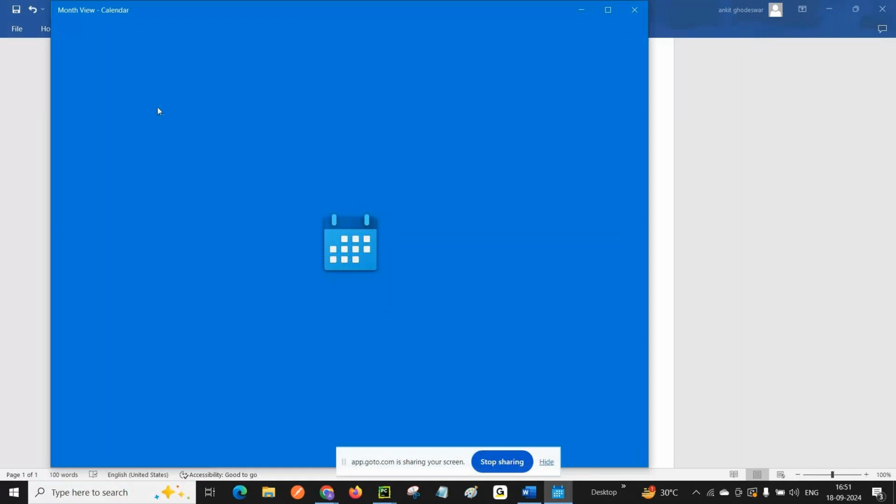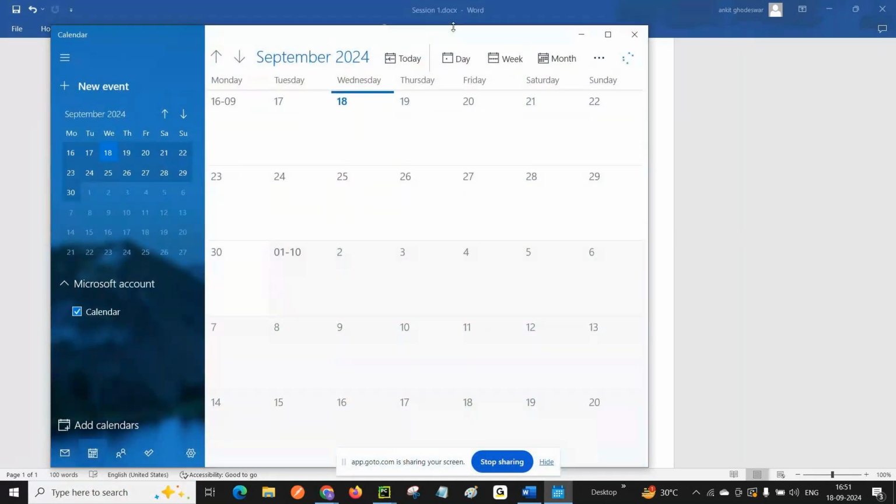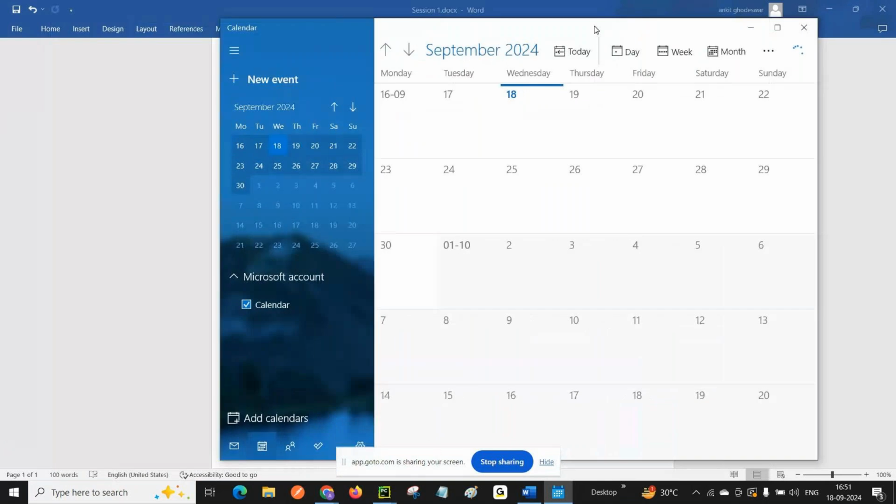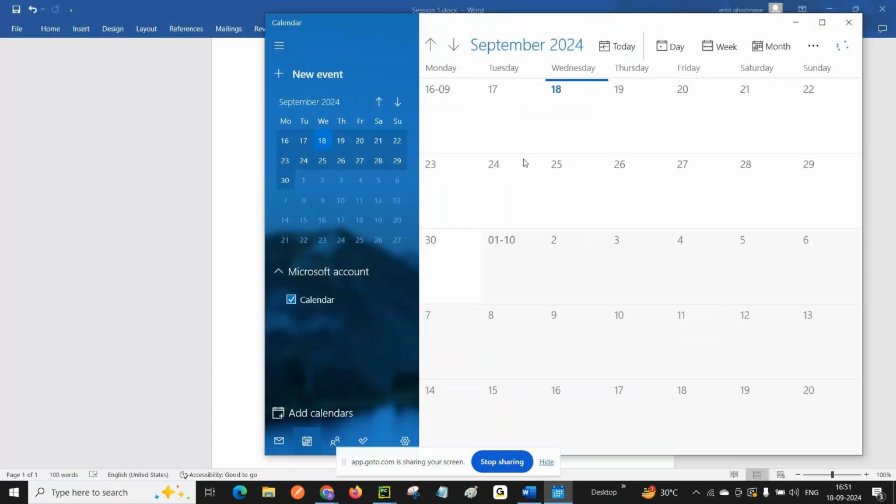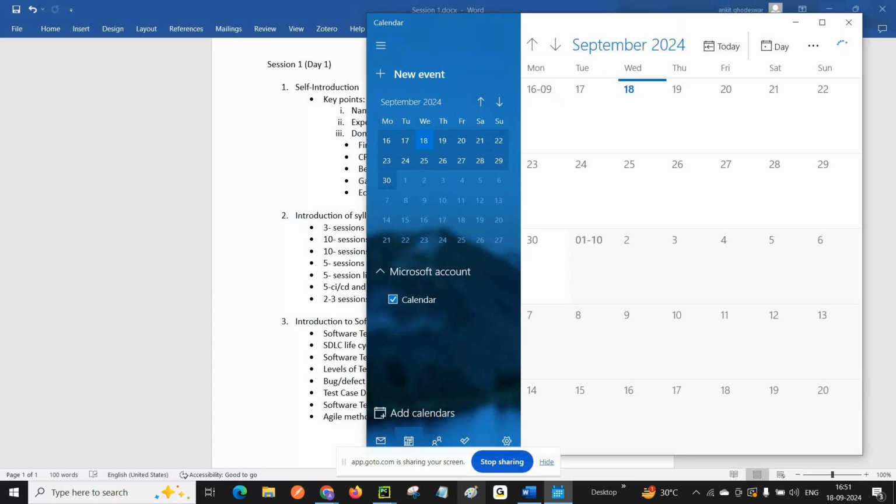See, this is your calendar, right? So now you see, what is the use of calendar? This is a software. What is the use of calendar? You just want to know what day it is, what date it is. For that reason, you use calendar, right? So in this case, let's say, in this calendar, I want,